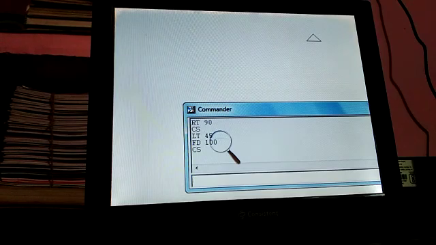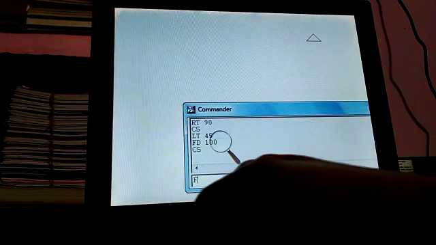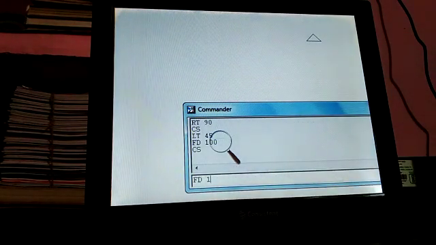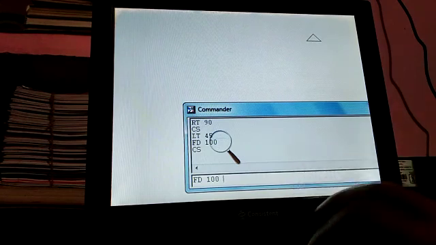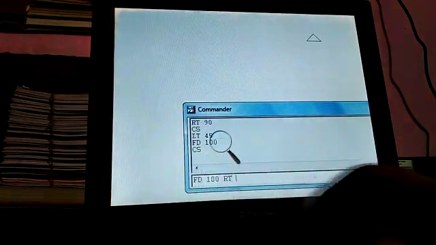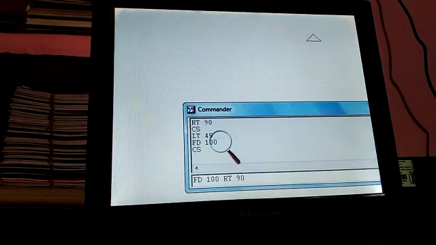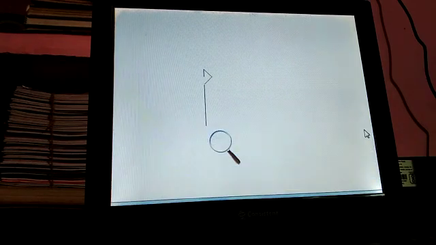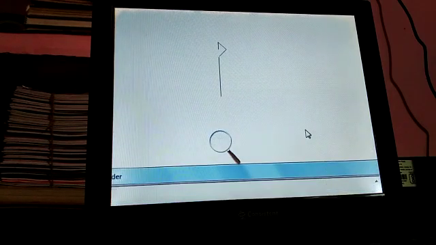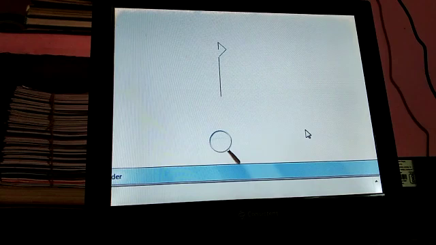The combination of FD and RT creates the square. So FD space 100, press RT space 90, enter. What is this? It is the forward line and the turtle turns right.